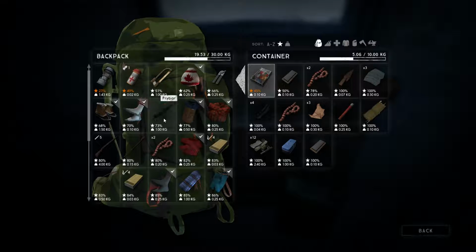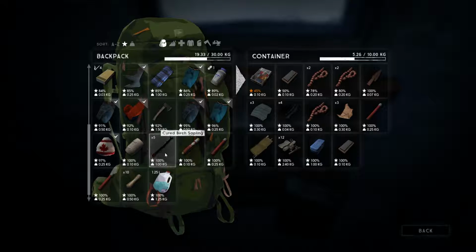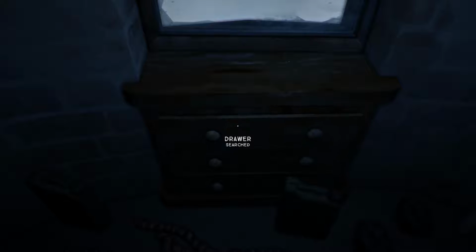Let's chuck in the cured guts. And what else do we want to chuck in there? There were birch saplings, weren't there? Somewhere further down. Cured birch saplings. Transfer all. Cured gut, cured gut, cured gut. Okay, that's fine. So what I need to do now, I guess, once these pallets have cured,